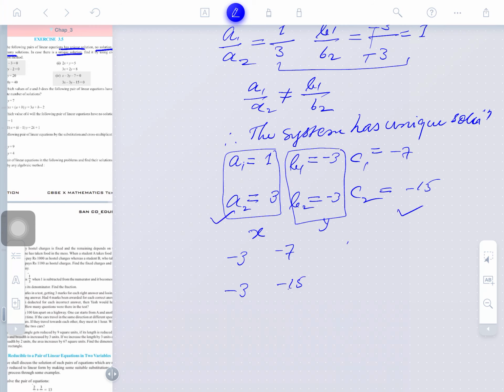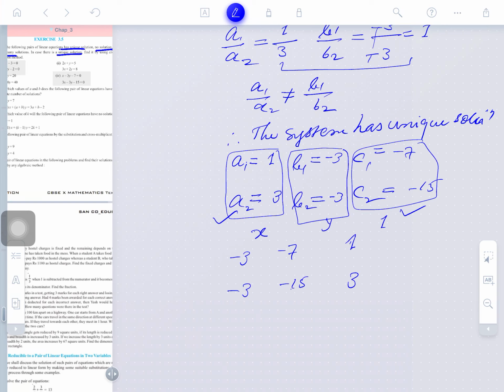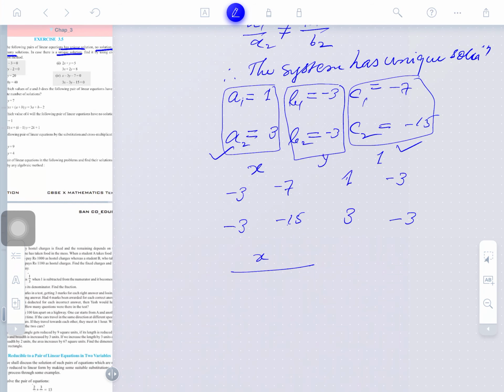So already this has been written here, so here you will write a1 by a2. What does a1 by a2 mean? a1 is 3. Again, the constant term is to be eliminated, it is not to be written here. Here you will write b, a and b. So a is already written here, you will write 3 and it's minus 3. Okay, now their denominator is to be found out here.